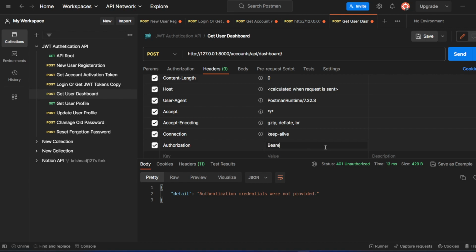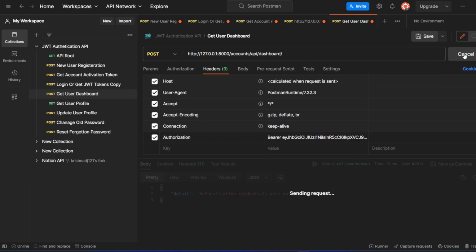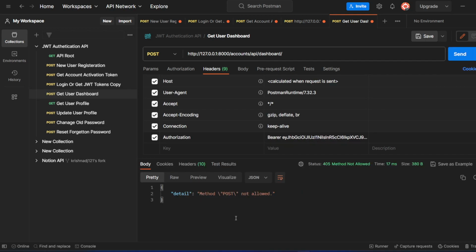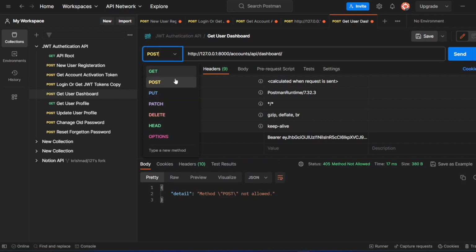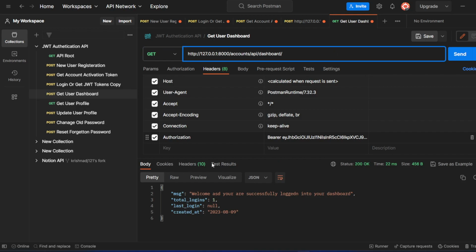So we use Bearer, and after that we provide our access token. So let's send the request here. Okay, POST request not allowed. Okay. So you can see now we are successfully logged in to the dashboard, and we are also getting like the number of